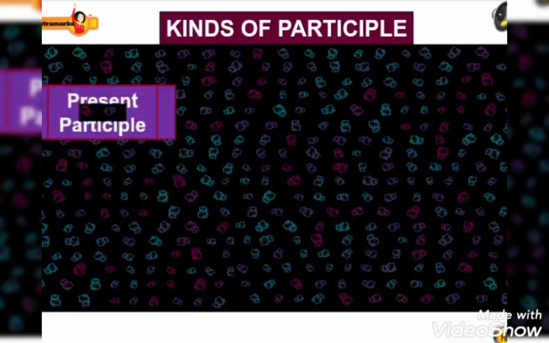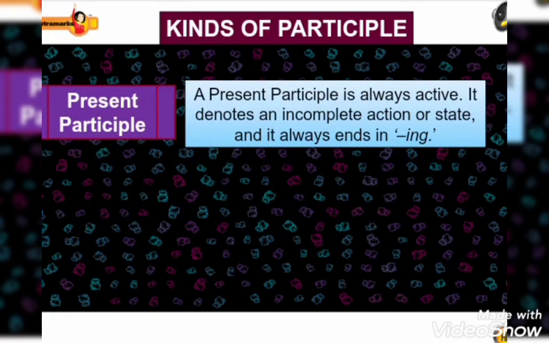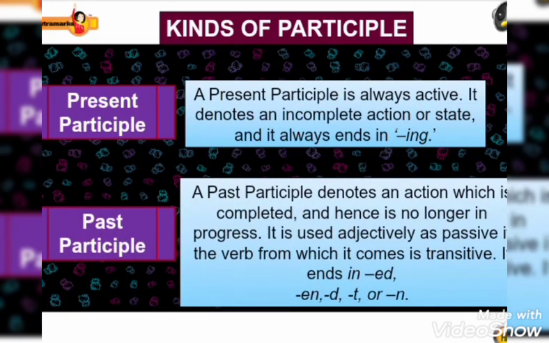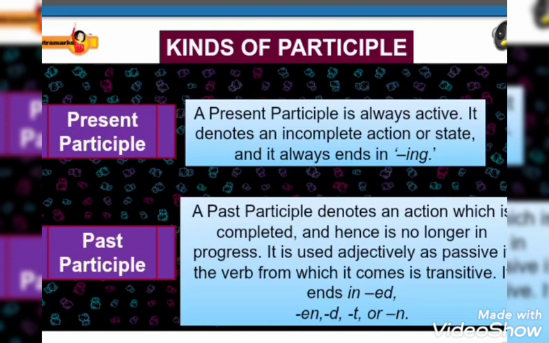Kinds of participle. Present participle. A present participle is always active. It denotes an incomplete action or state, and it always ends in ing. Past participle. A past participle denotes an action which is completed and hence is no longer in progress. It is used adjectively as passive if the verb from which it comes is transitive. It ends in ed, en, d, t,